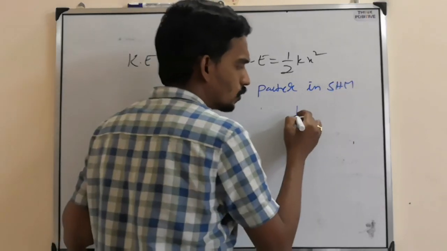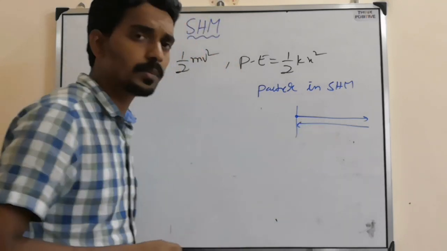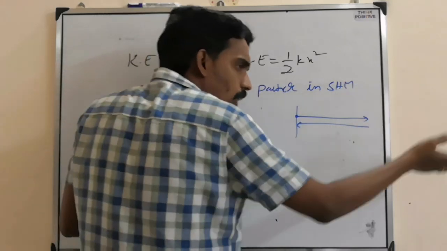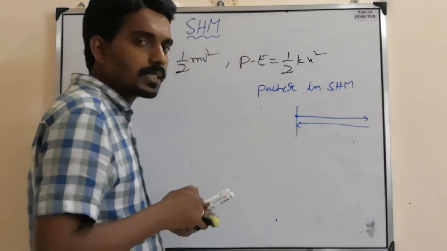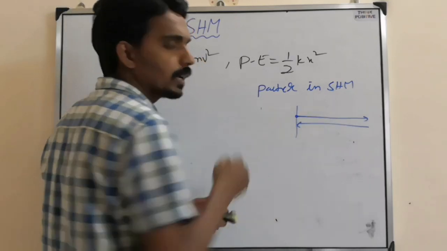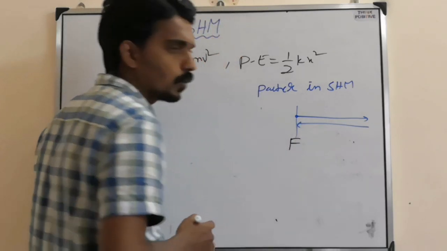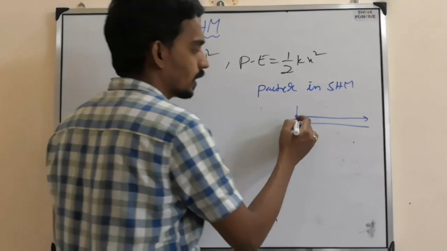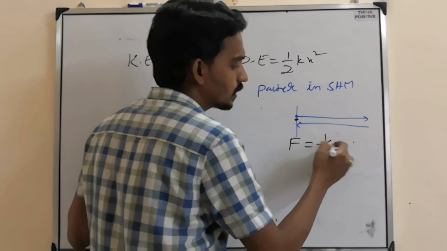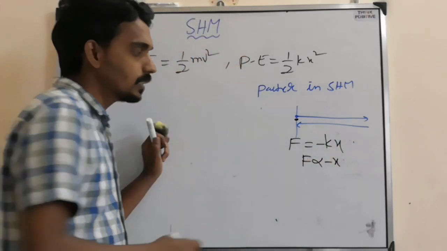as I said, it is going to move in one direction, but it will come back. When is that possible? When there is some force pulling it back. It is trying to move, but still it is coming back after some time, which means someone is pushing it back. So that's why it is coming back. So here, there is always one restoring force, which always acts towards the center. That restoring force is equal to minus kx, because that restoring force is proportional to minus x, just like